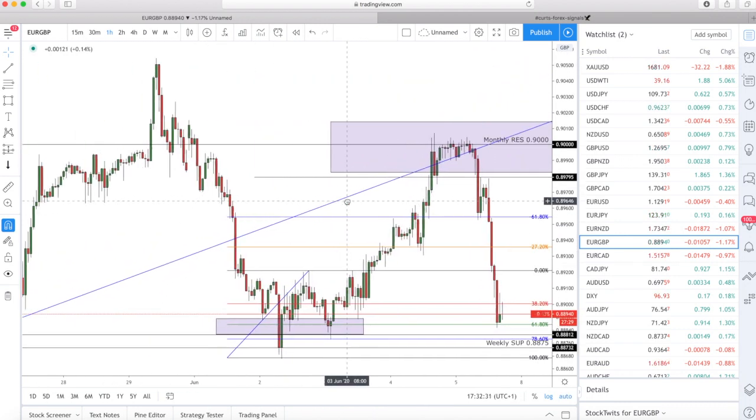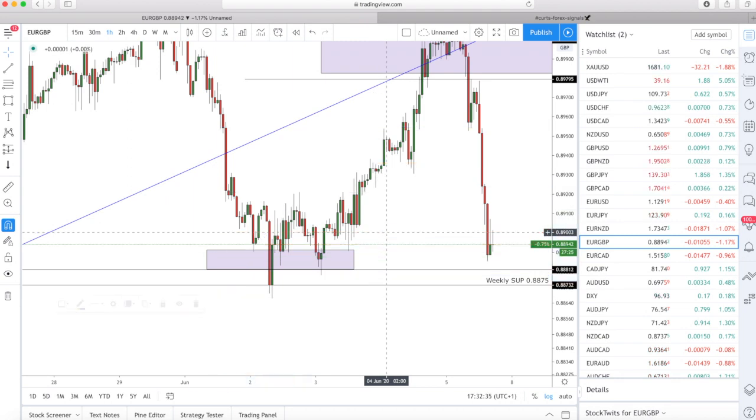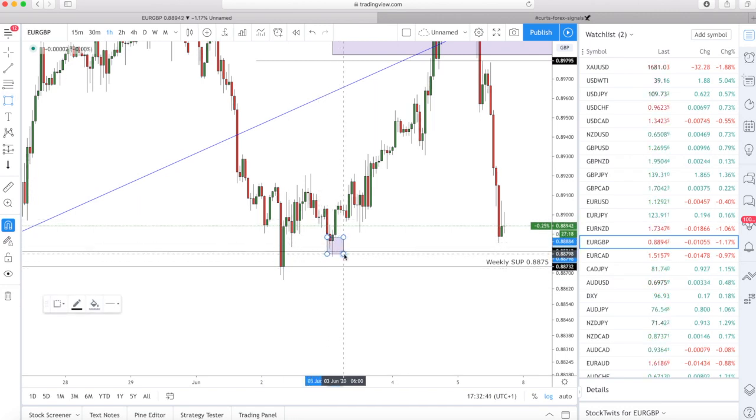Dropping down to the 1 hour, as I said, I look for candle confirmations here, and you can see everything lines up. We had this 2 pin rejection to the downside here in these levels, so this was a great sign, adding confidence to my trade. This nice pin bar here off this level. So dropping down to the 30-minute,